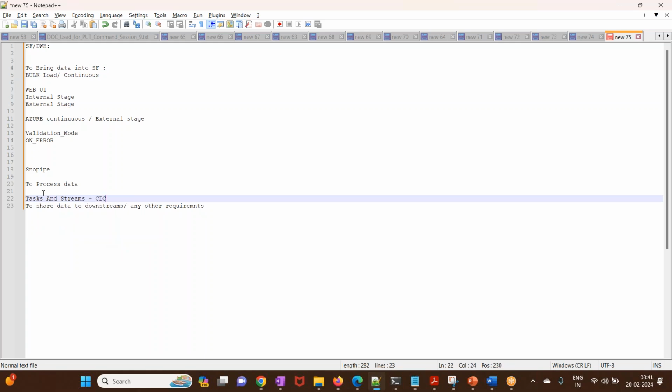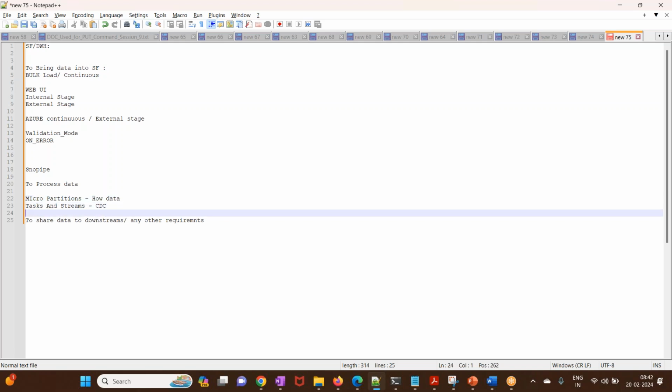Before that, we'll understand what micro partitions are, and how the data is stored internally in Snowflake. Once you load the data into Snowflake, you need to understand how it is stored. Then, as processing, we will explore stored procedures,